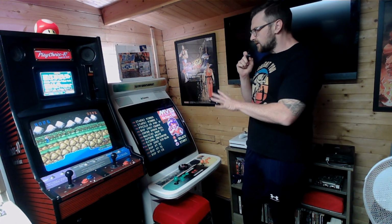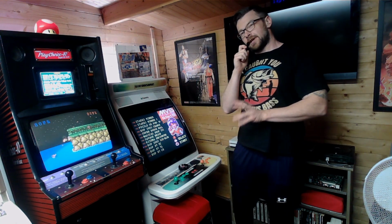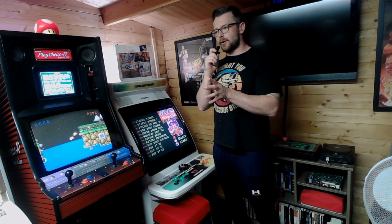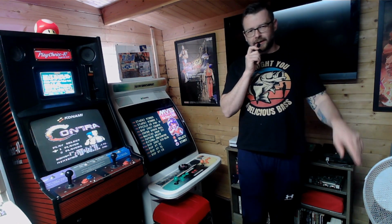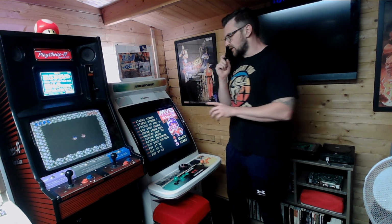This is a really interesting machine because it's the newest machine that I own. It's still 20 years old, but it's the newest machine that I own. Whereas the Sega New Astro City came out in about 94, the Naomi came out in 99, I believe, the turn of the millennium, and the Play Choice came out sometime in the early 80s. This machine came out in 2003, and that makes it very interesting because it has a tri-sync monitor, which means